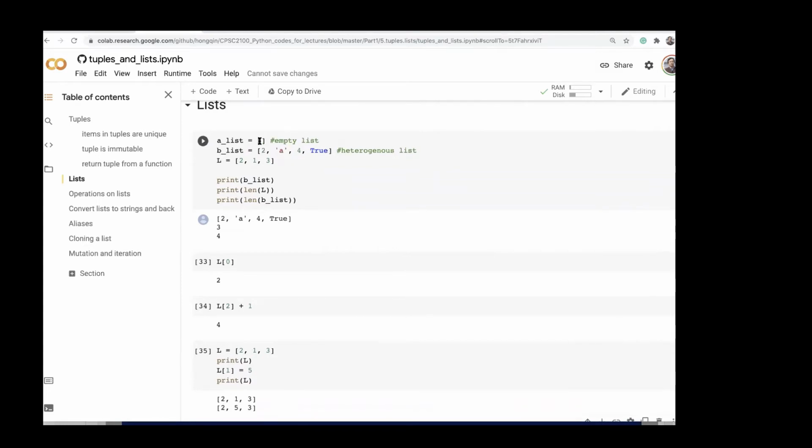So, the difference between a tuple and a list is the square bracket. The tuple uses smooth parentheses, right? And the list can also be heterogeneous. In this case, I have an integer, a string, another integer, and a boolean. And the third list is all integers. Those are all valid, correct